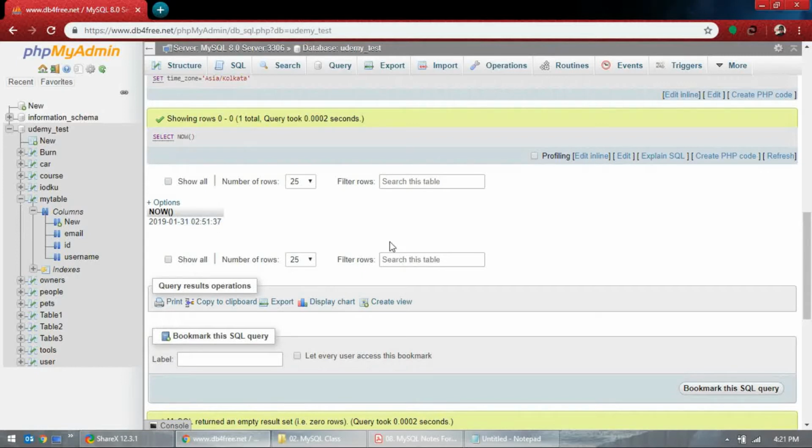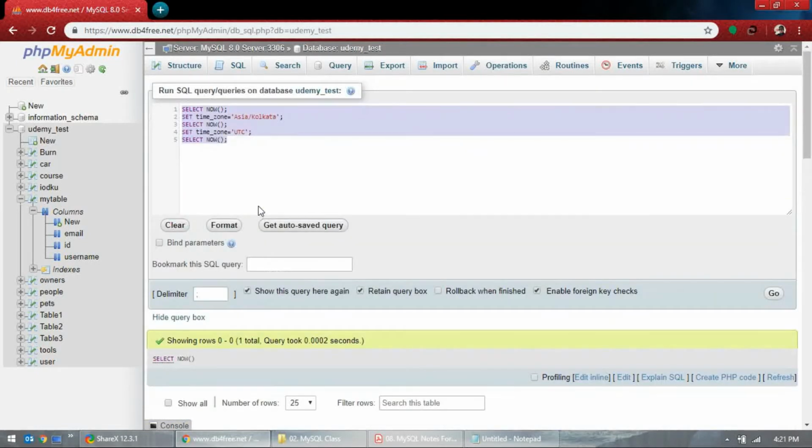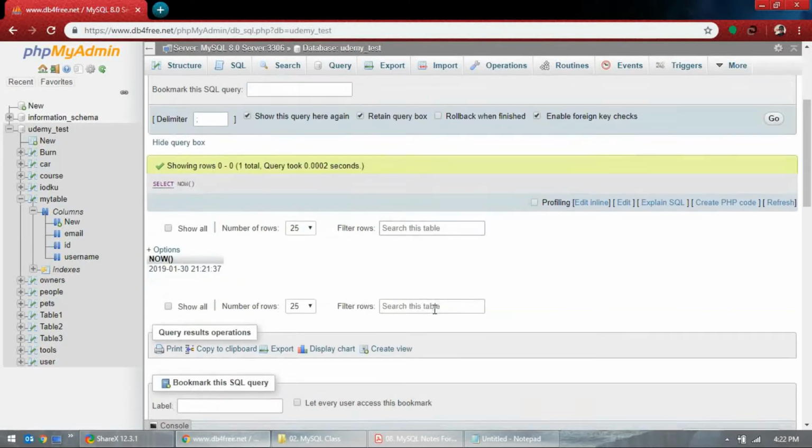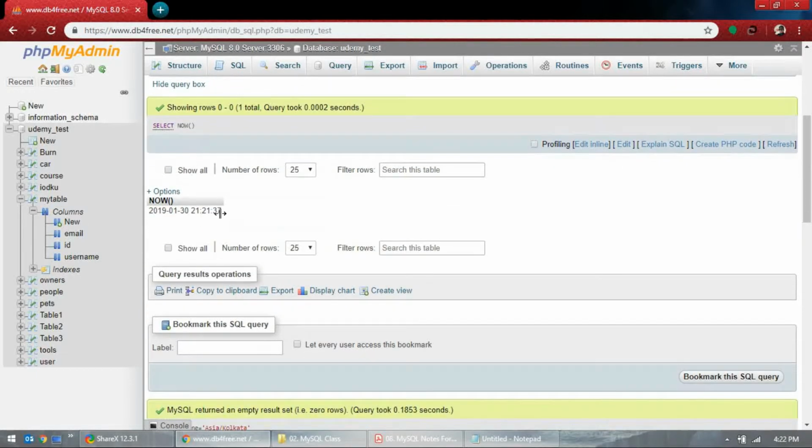2:51:37. That's good. That's the correct time. Okay, so that's the correct time it's showing now. So it's good. Alright, so we are setting this time zone to UTC. Now is actually 21:22, but